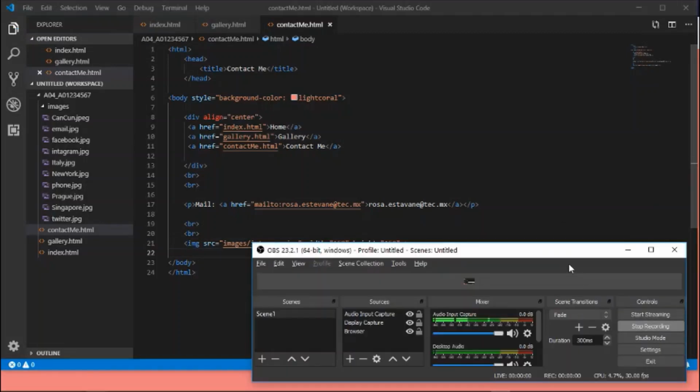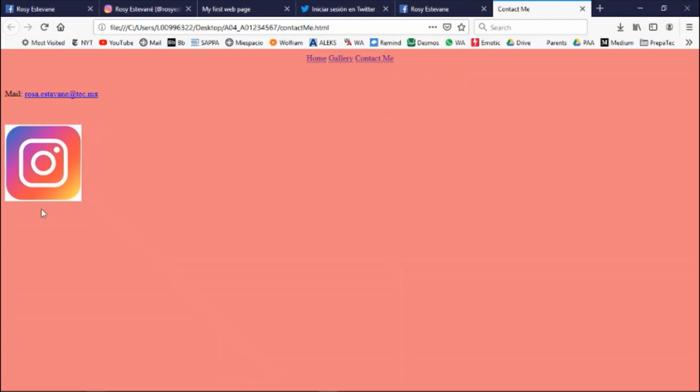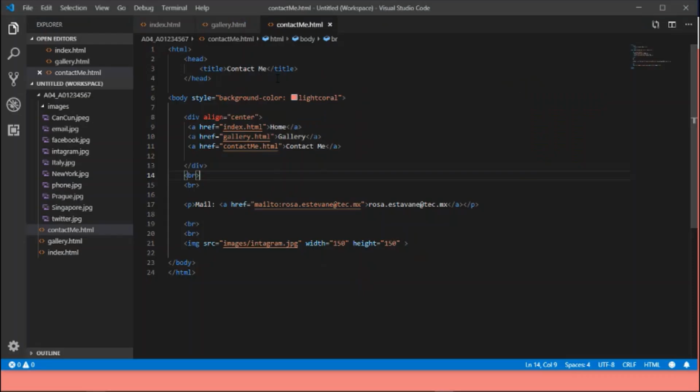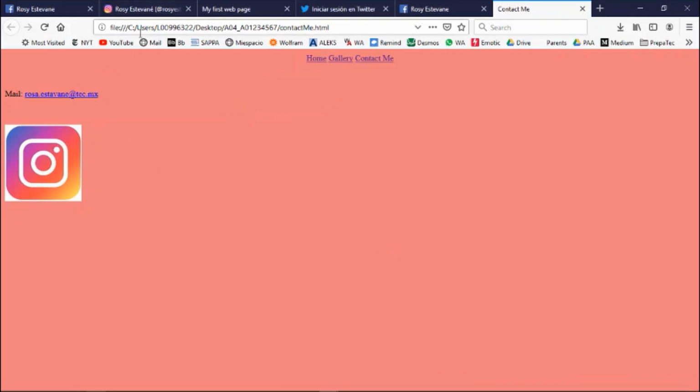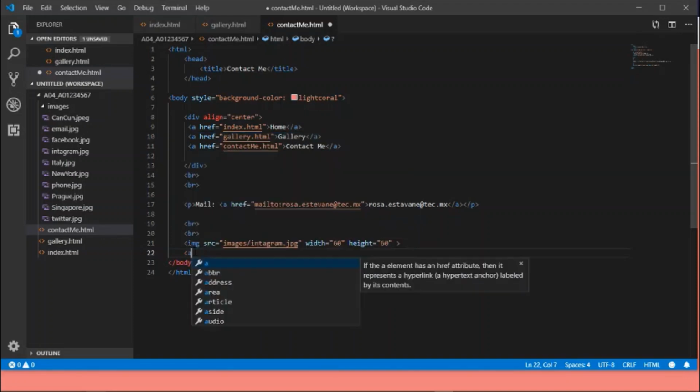Okay, there. Well, you know, this 150 in size of the image is too much, so let's try decreasing it to maybe 60 pixels. That could work better. I save it, let's check. Yeah, okay, that's better. So now let's say that we want to include the link to Instagram in this image. So what we can do is simply create the tag for the link that is an a href equals,